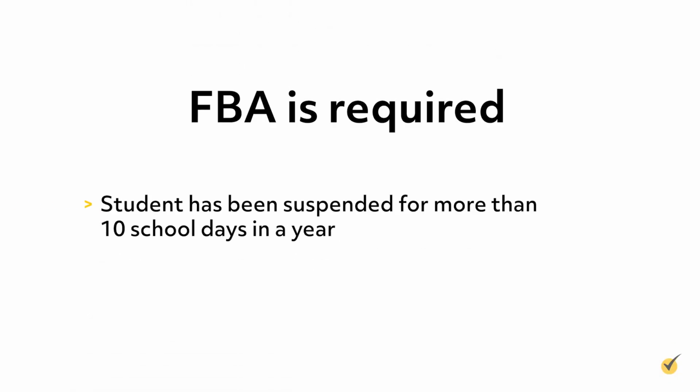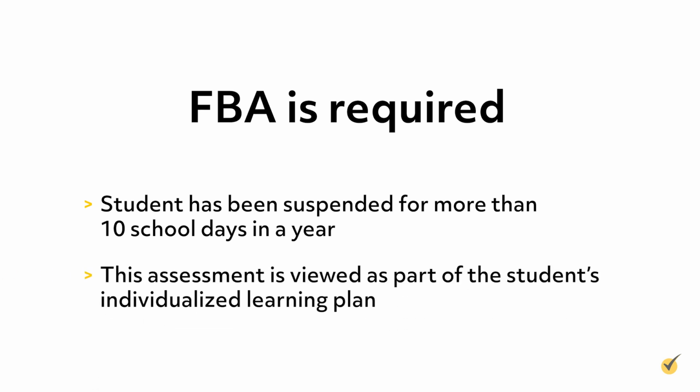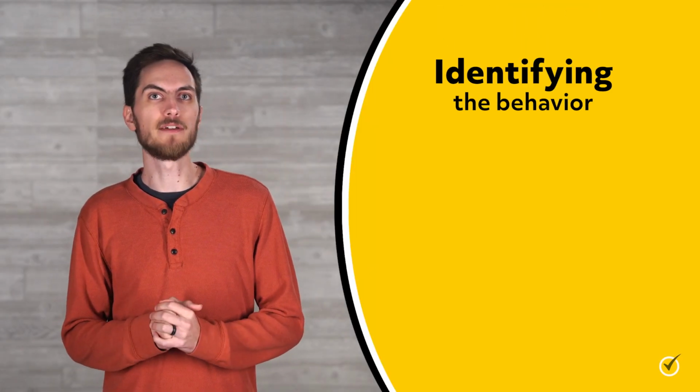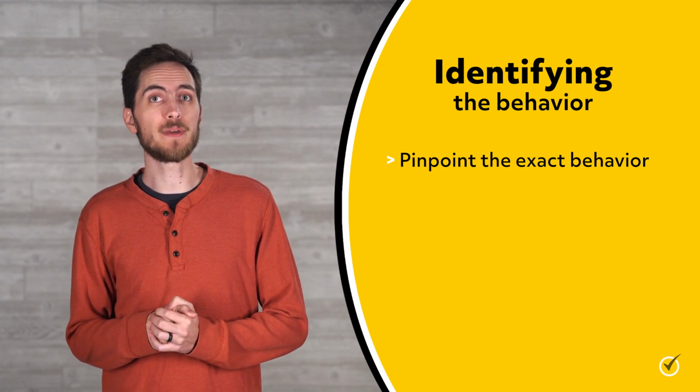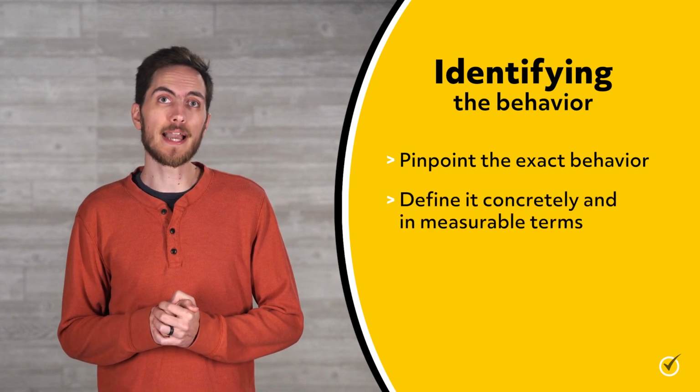In addition, an FBA is required to be done if a student has been suspended for more than 10 school days in a year. This assessment is viewed as part of the student's individualized learning plan. The first step is identifying the behavior. For this to be done successfully, it's important to pinpoint the exact behavior and define it concretely and in measurable